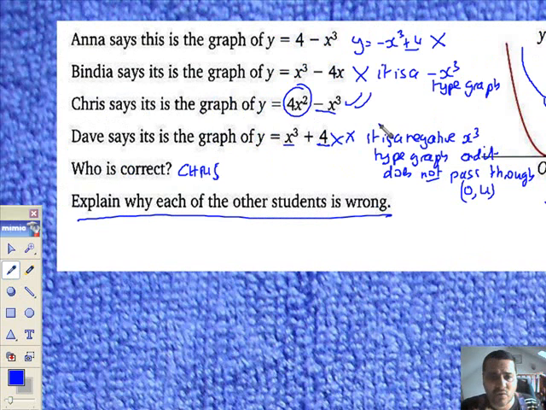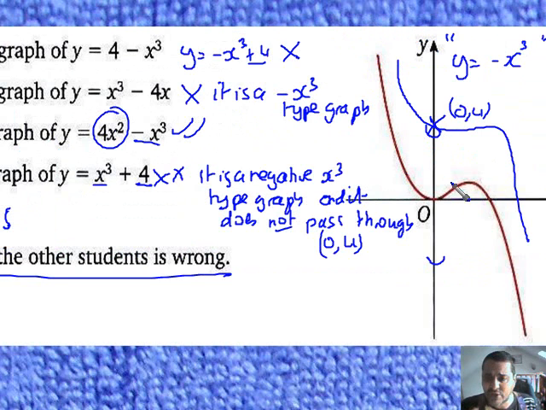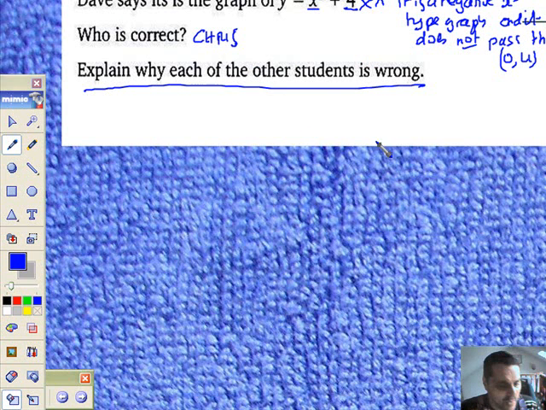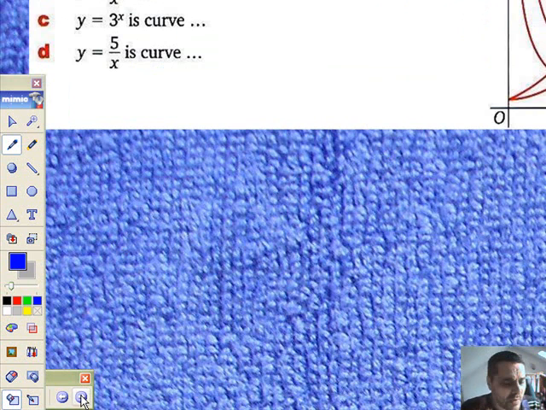That makes him right. And Dave says that the graph is x cubed plus 4. Wrong on two grounds. It is a negative x cubed type graph, and the intercept is not 0, 4 but 0, 0. So that's that question done. I'm going to do question 4 and then stop there, because I want to save question 5 for its own